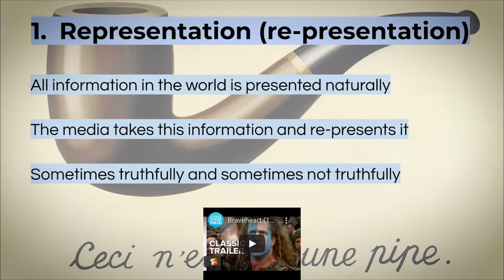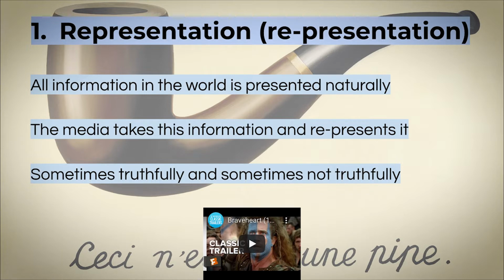Now, I'm pretty sure that everybody can think of an example where a celebrity has filed defamation against a newspaper because the information they've given isn't true. So the information they have represented isn't actually close to the truth. It's a false representation. On the other side of trying to be truthful, you have some that try to